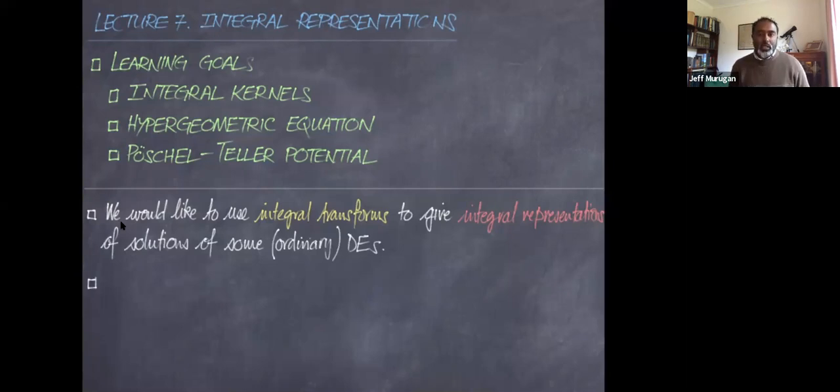So the main idea behind this method is, suppose I have a differential equation in some variable u of z. Unless I specifically say so, everything we're going to be talking about here has to do with differential equations on the complex plane. So my independent variable is going to be z, some variable in the complex plane, and the functions I'm interested in, the solutions of the differential equation, are functions of this z. So the main idea here